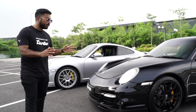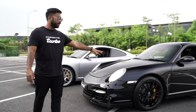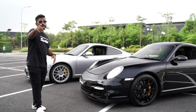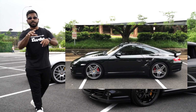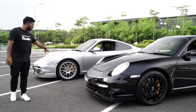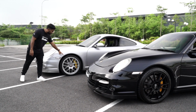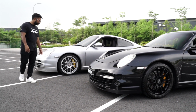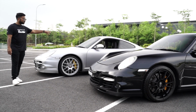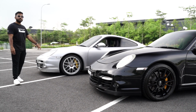I can't really give you a direct comparison between the two, because this one already has the aftermarket OC Racing wheels, but maybe we'll put in a screenshot of a regular turbo wheel so you could tell the difference. And as with this particular 0.2, it comes with the center lock option, 19-inch. So not all the cars get this option, but this one's nicely spec'd with the center lock wheels with this silver on silver